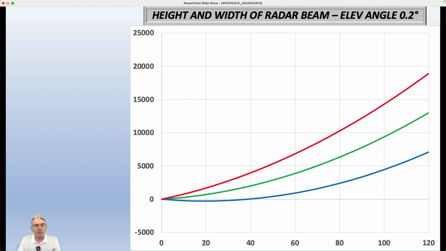The only problem is that the pulses that go out make up what we call a radar beam, and the red is the top of the beam, the blue is the bottom of it. And notice that the blue actually goes a little bit below 0, below ground level, and doesn't get back to 0 until 40 nautical miles. And so as a result of that, it is going to be bumping into things near the ground, such as buildings, trees, whatever, okay? And there are some post-processing techniques that have been developed, ground clutter reduction, if you will,